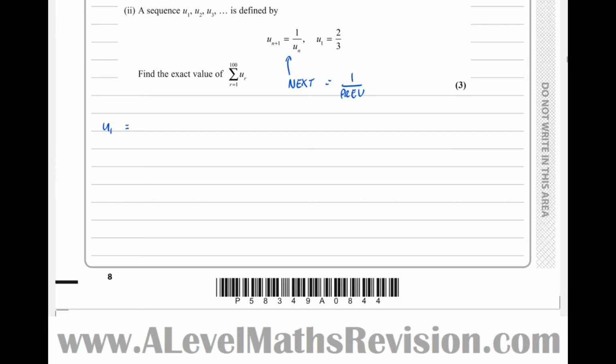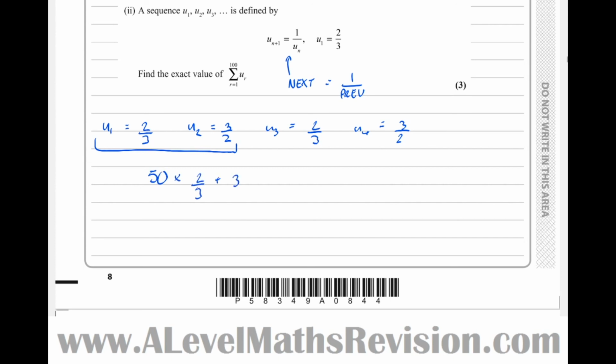So u1 equals 2/3, u2 equals 3 over 2, the reciprocal of that, u3 back to being 2/3, u4 3 over 2. So just going to continue like that. So really we can think of this as 50 pairs of terms, 50 pairs of 2/3 plus 3 over 2. So 50 times